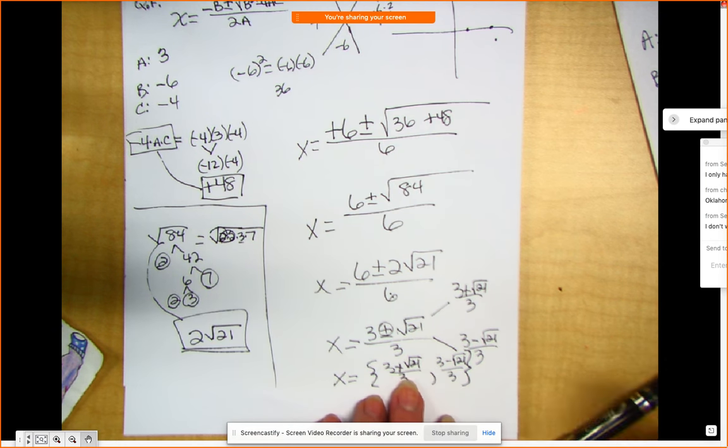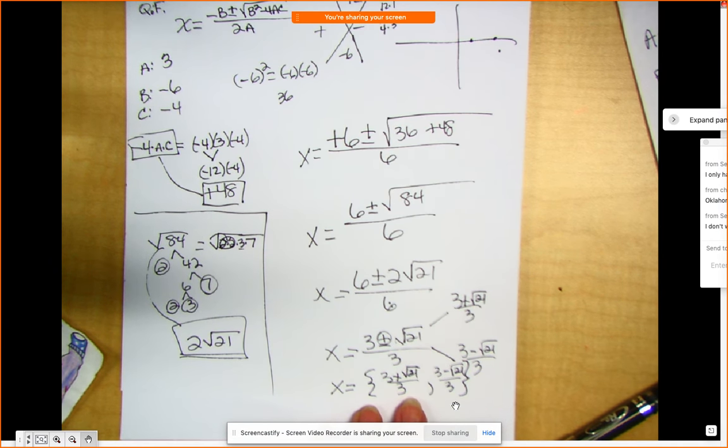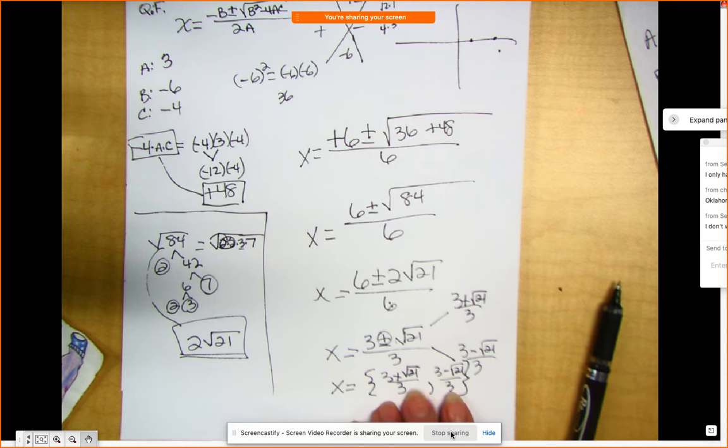I can guesstimate what it is, and then I could probably figure out my graph. But you know what? It wasn't factorable, and who would think that I could ever get that with